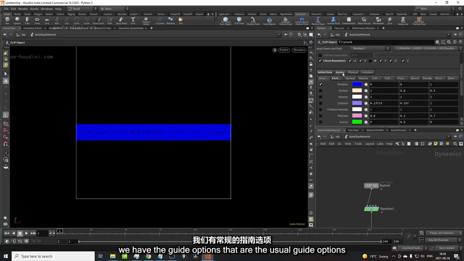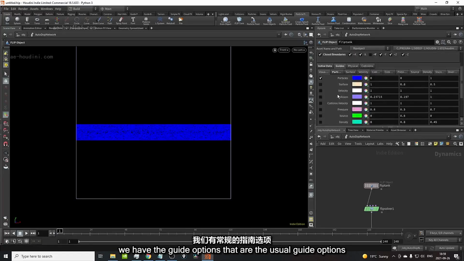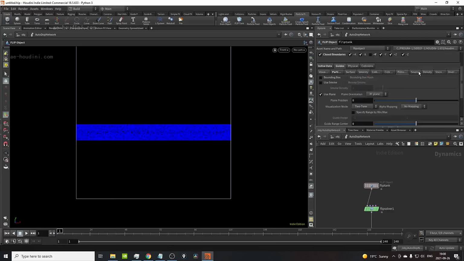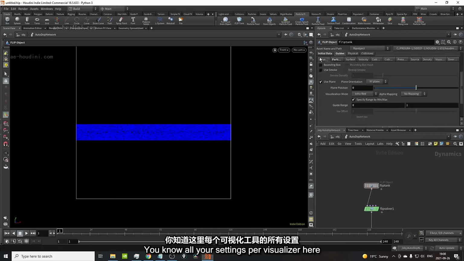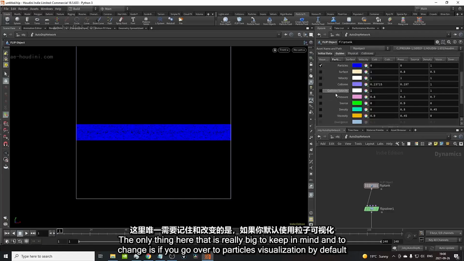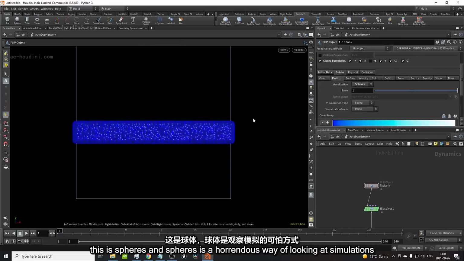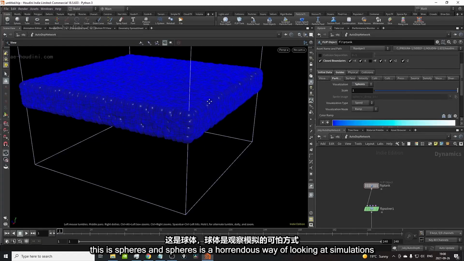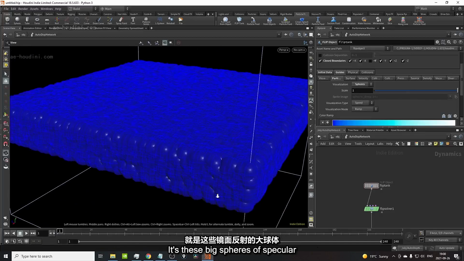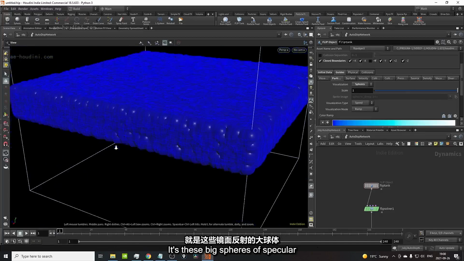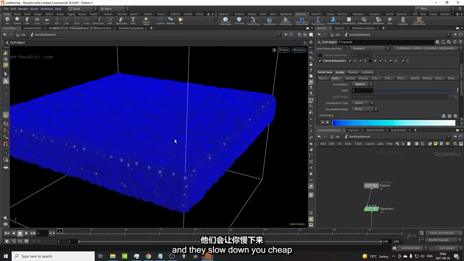Then on top of that, we have the guide options that are the usual guide options with, you know, all your settings per visualizer here. The only thing here that is really big to keep in mind and to change is if you go over to particles, visualization, by default this is spheres. And spheres is a horrendous way of looking at simulations. It's these big spheres with specular, and they slow down your GPU, they slow down everything, especially once you get to higher